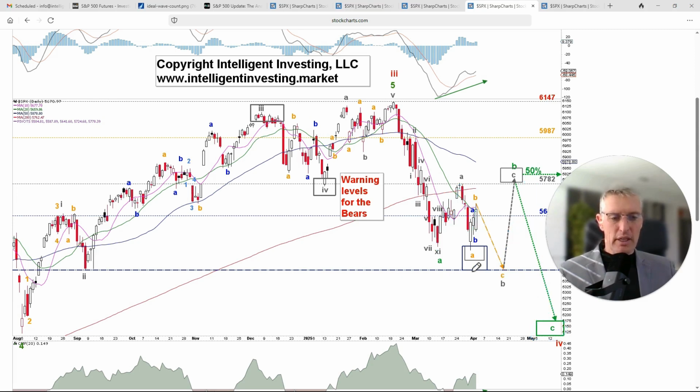The cutoff here is pretty much at 5,400, 53.98, 97-ish, right there. That is the September low. If we go below it at any time, I'll give up hope for this possibility.